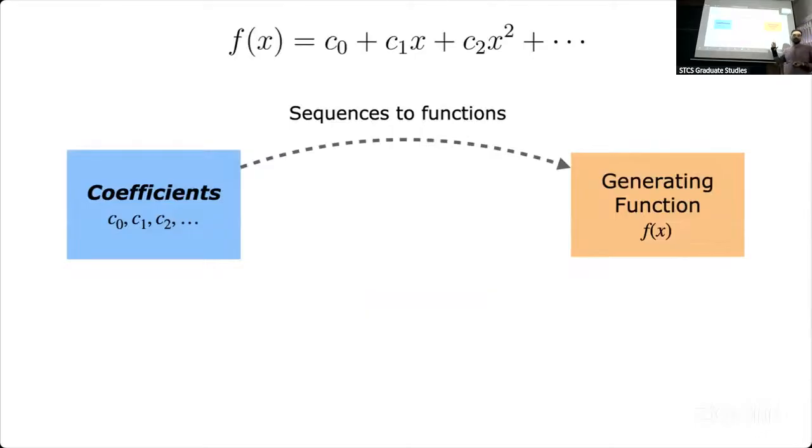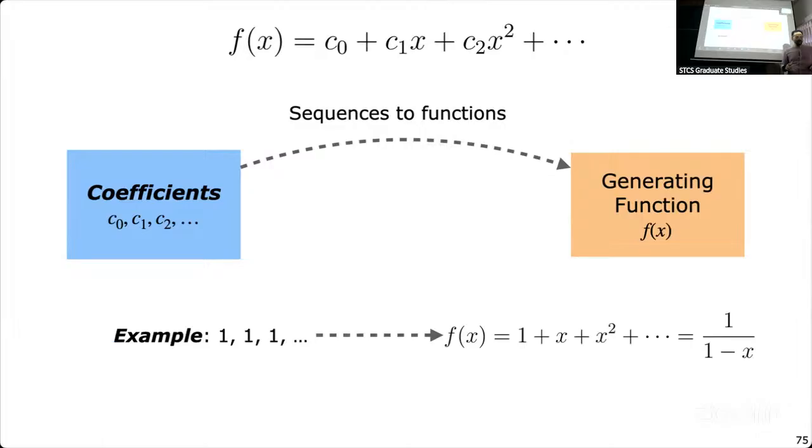We need to approximate some functions. So how do we go from sequences to functions? We take the generating function of the sequence. Given a sequence C0, C1, C2, we can create a generating function by just multiplying the coefficients by powers of x. So C0 plus C1x plus C2x squared and so on, right? As an example, for this all ones sequence, the generating function is a geometric series, so we can simplify that as 1 by 1 minus x.